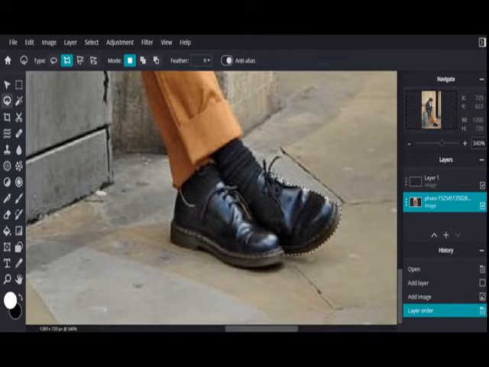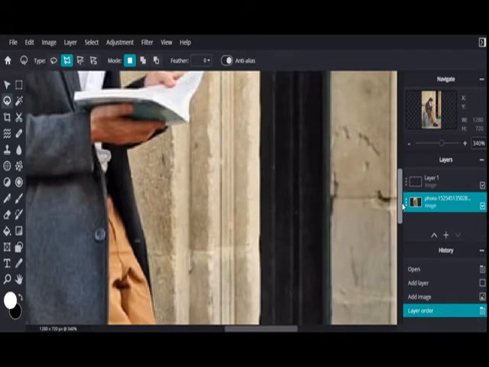cut. So this is what I am doing over here. It would be better for you if you zoom in on the image. The more you zoom in, the better you can select the part of the image that you want to cut out later on. So this is what I am doing, and at every step I just make a click. Now you can keep going and move up the image, and now I'm selecting this whole area.